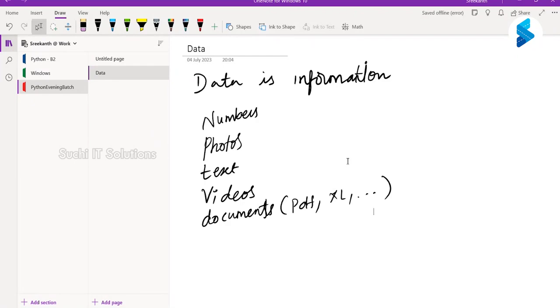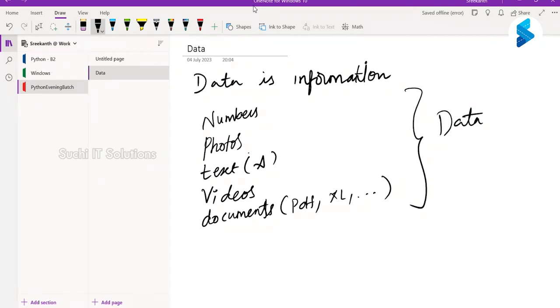For us, there are numbers, there is text, which is nothing but the alphabets I'm talking about. And then there are photos, videos, documents. For us, number is different, photo is different, text is different, video is different, document is different. But for a computer, all of this is termed as data.